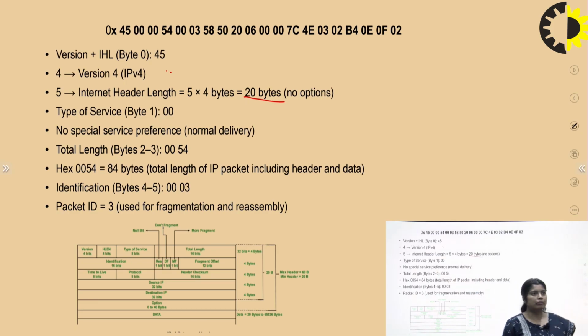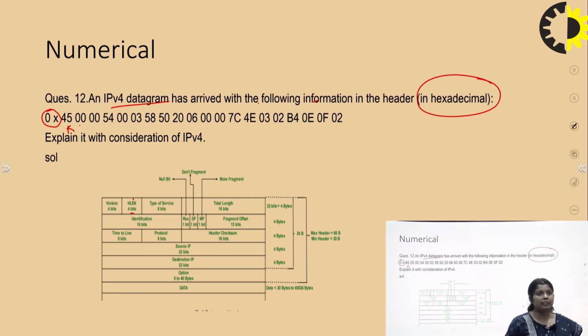Next is the type of service. Always remember, whenever you are going to solve these types of header format questions, whatever is written should be represented in decimal form. That is your answer. Even if you are using a TCP header or a UDP header, whatever header format you use, these are in hexadecimal format. Hexadecimal means a group of 4 bits. Then this value is to be converted into decimal, and that value is the answer.